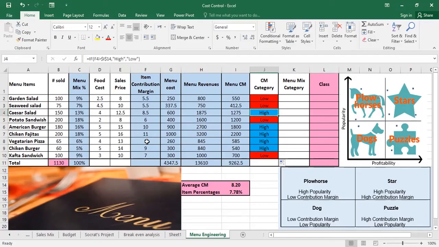So the contribution margin for this item, it's 9. It's greater than 8.2, so this is why we're having it high here. The same here, we have to make the different categories for the popularity or the menu mix category. So if the popularity here, for example, is 9%, it's greater than the 7.78% that we have calculated, it means it's high